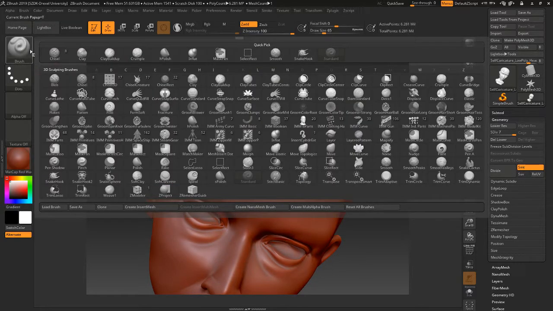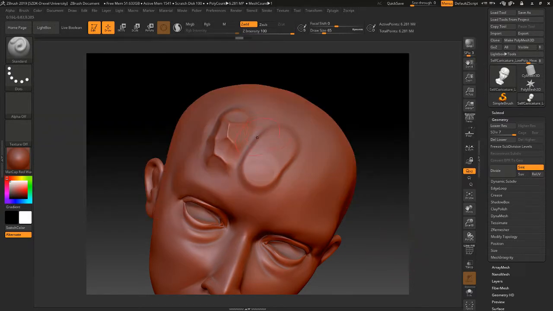If you want to smooth anything that you've done, there's two ways to do that. You can find the smooth brush in here, which I honestly usually don't bother with because I can never find it. Or you can hold down Shift. If I press and hold Shift, you can see it'll toggle between my standard brush, whatever I'm using, and the smooth brush. Shift has its own settings, like focal shift and Z intensity, which you can adjust separately. So if I adjust Z intensity of smooth, release the Shift key,